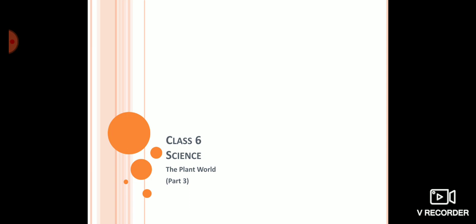In this video, we are going to study in detail about the parts of a leaf and parts of a flower. So, first of all, we will see the leaves. Leaves are responsible for carrying out the process of photosynthesis. That means the process by which plants make their food. Leaves are of different shapes and different sizes. So first we will discuss the parts of a leaf.